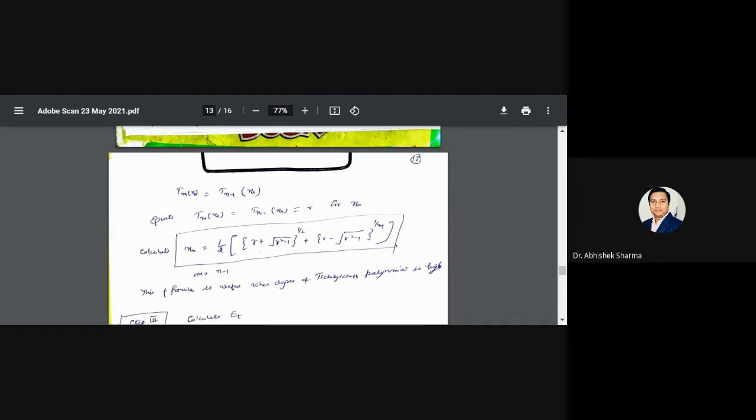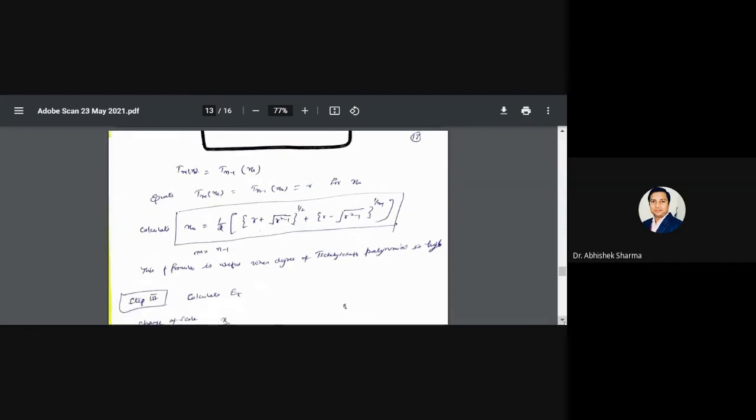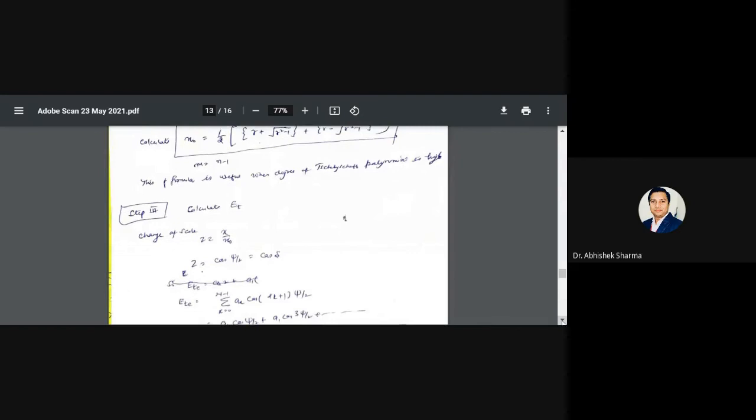Alternatively, we can find out the value of x naught by using this: 1 by 2 [(r plus square root of r square minus 1) raised to power 1 by m plus (r minus square root of r square minus 1) raised to power 1 by m]. And this formula is used when the degree of Chebyshev polynomial is too high, because then it will take much time to solve this equation. Now in this step 3, we will calculate ET by changing the scale,